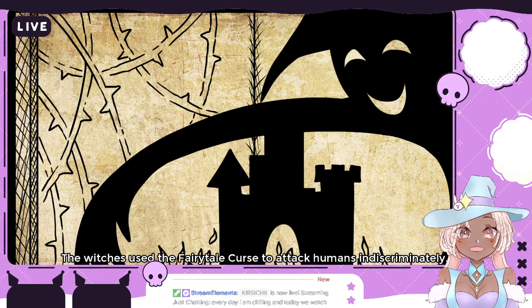The witches used the fairy tale curse to attack humans indiscriminately, ultimately throwing the kingdom into chaos and darkness. The ruler of the fairies, Lucius